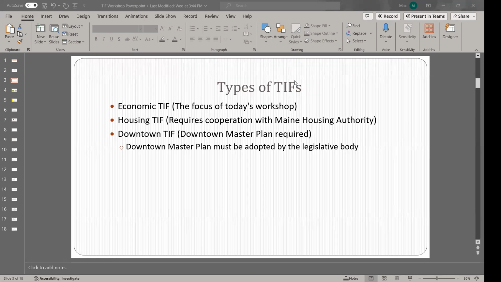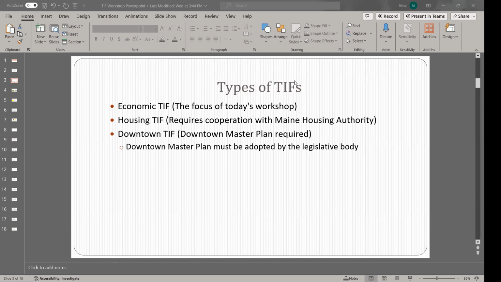So can you give me an idea of what I guess is included in the application? What's the point of them? Like, why do you calculate them? What is the state looking for? The tax shift? Usually it's just to say how you came to the number or what you're anticipating the captured assessed value is. So if I have a $5 million project, but I'm saying that I'm only gonna generate $2 million worth of revenue, you know, how do I fund my $5 million project now?